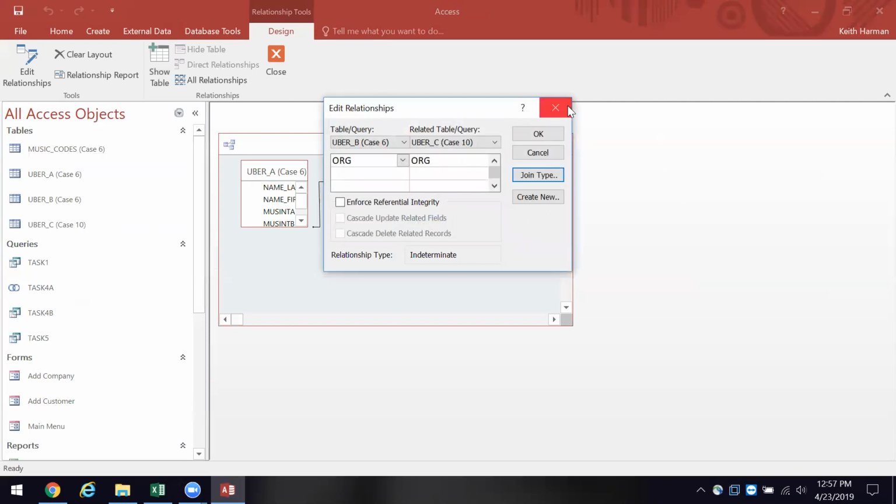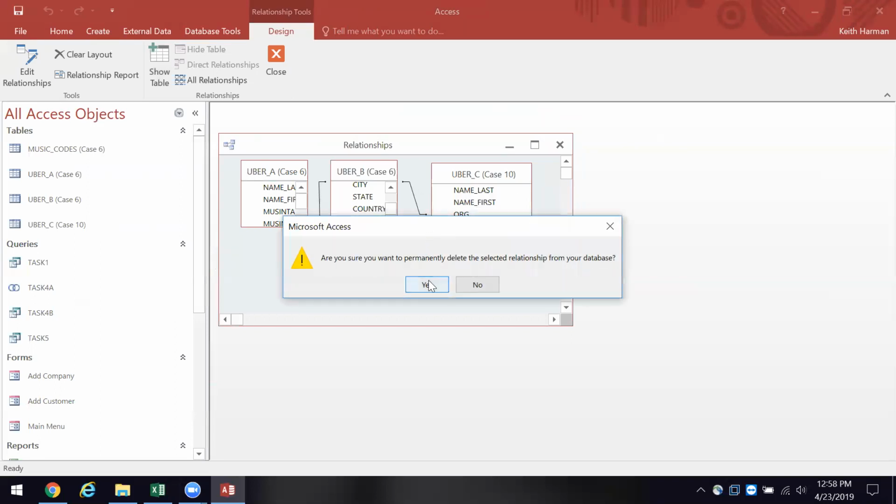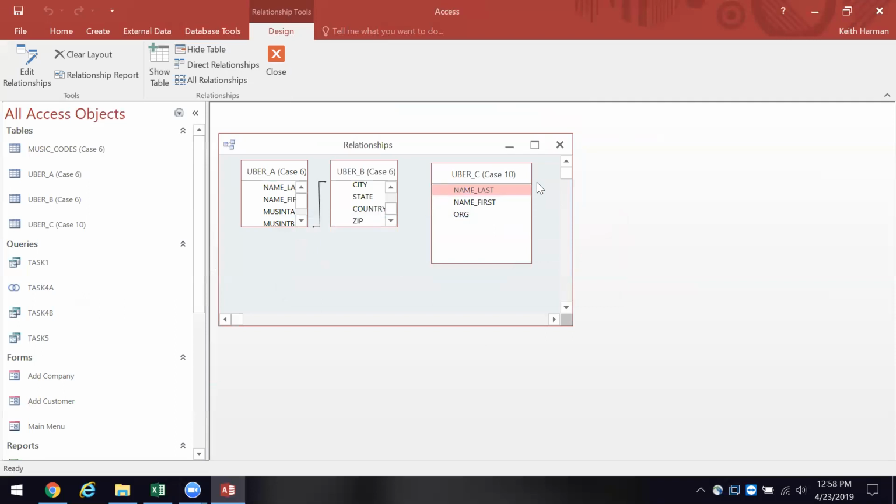So I'll close that off there. And then if I don't care to have that for now, let's just go ahead and click on here. And we'll delete that relationship. Yeah. And we can even hide table C. So we're done with it. Now, again,